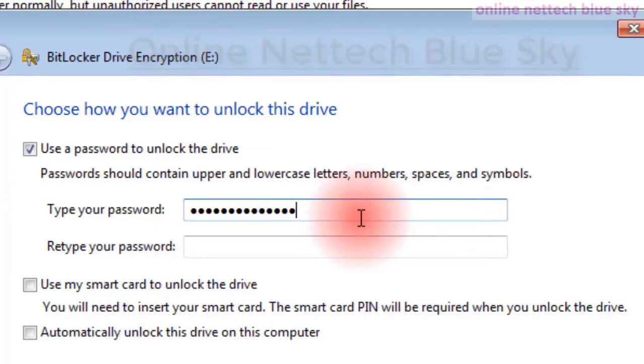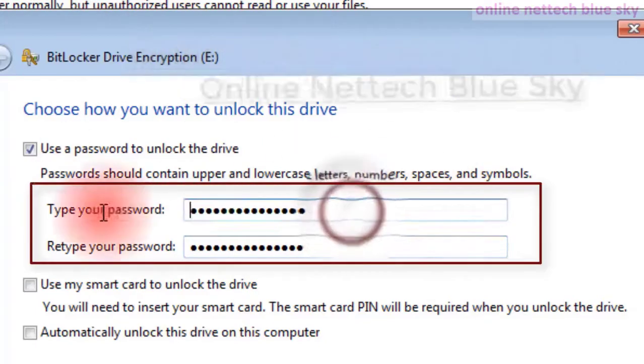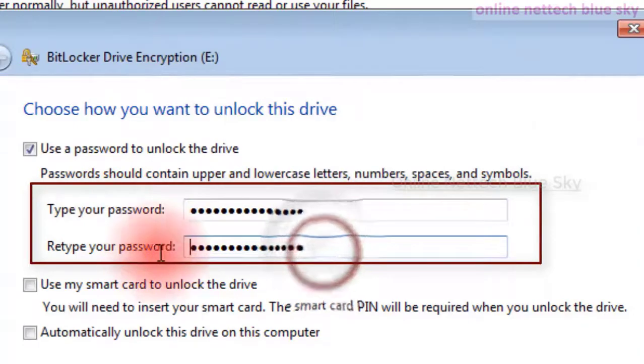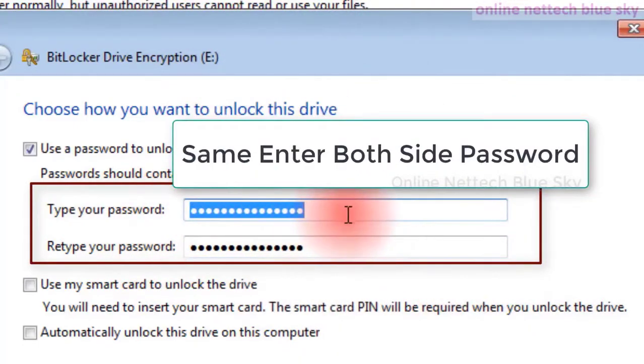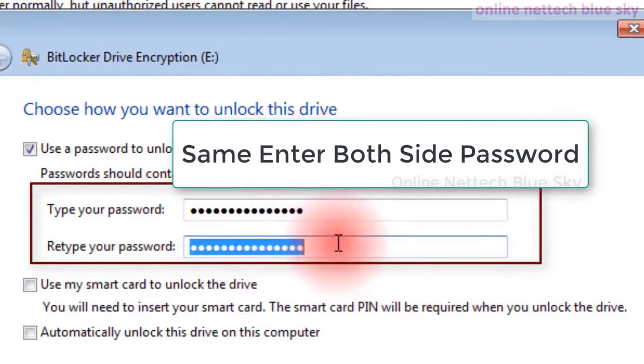So enter your password and remember this password. Okay, and this is very important for your computer partitions here. So type your password and retype the same password here. Okay, so again I type my same password, nothing changed. And this is the password I'm completely filling in this text box here. You can see the same password entered on both sides, first and second. Okay, so this is very important for your computer and your drive.